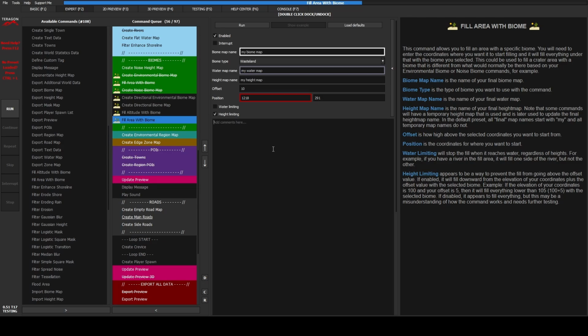This will flood a specific area with a biome that you choose. So in this case, I've chosen wasteland. Offset is how many blocks high you want to go from the point that you choose here with position. So when you're using this command, you're normally going to be filling in a depression. So you would point at the bottom of that depression, and then this number of meters above it will be